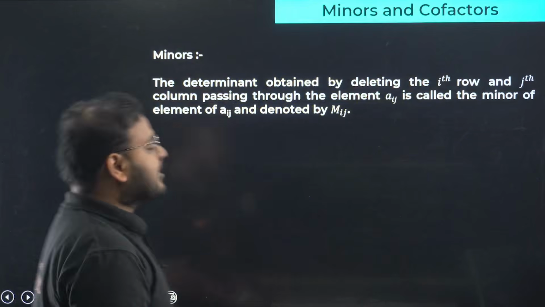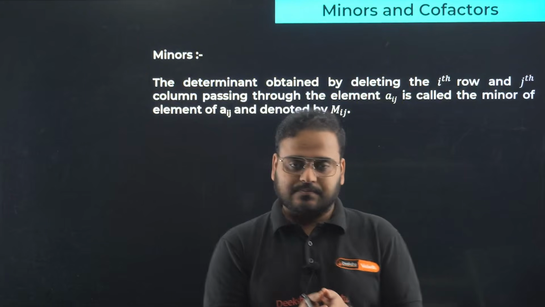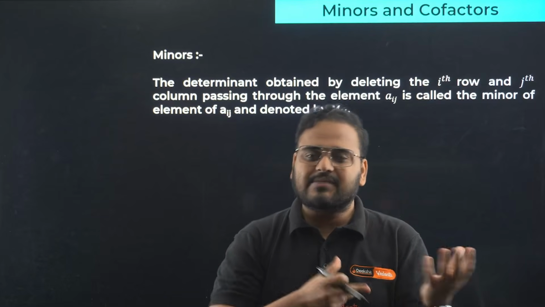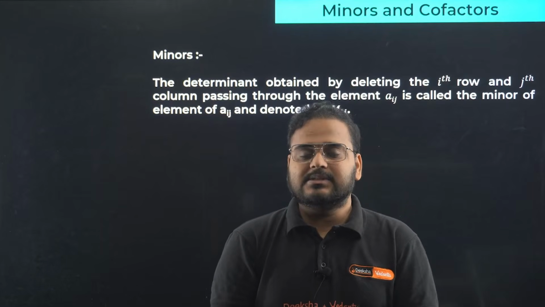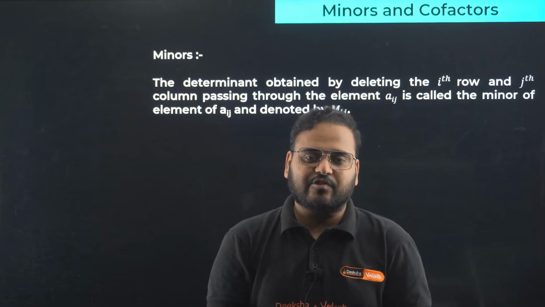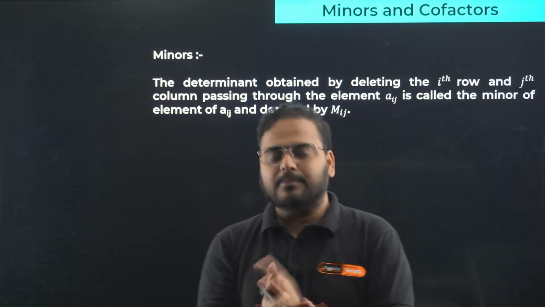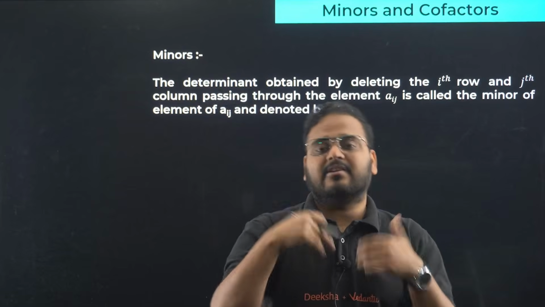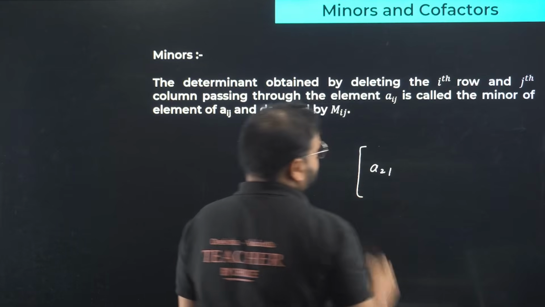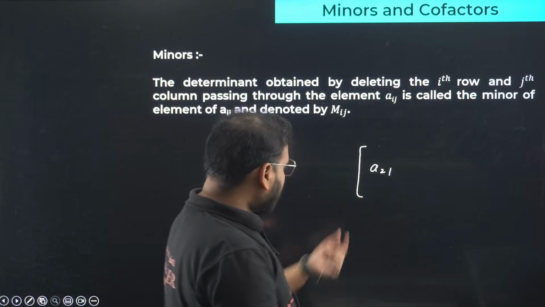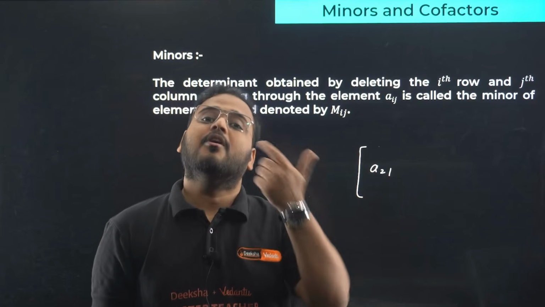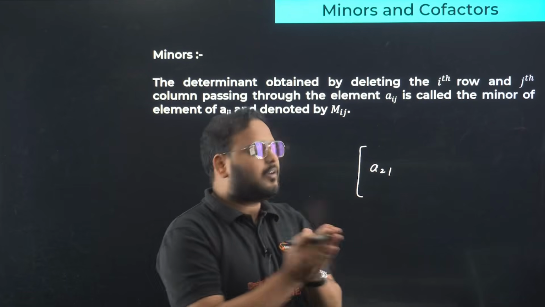So you have seen this. Now the first thing is going to be minors and cofactors. Before we move on to the cofactor, let's understand the minors first. Let's say we talk about a 3 cross 3 square matrix. We'll have elements a11, a12, a13, and so on till a33. That you know very well. Now in regard to any of the elements, for example a21, if we talk about the minor of this particular element, yes, you heard me right, when we say minor, we always talk with respect to one of the elements. So let's say I'm talking about the minor of the element a21,